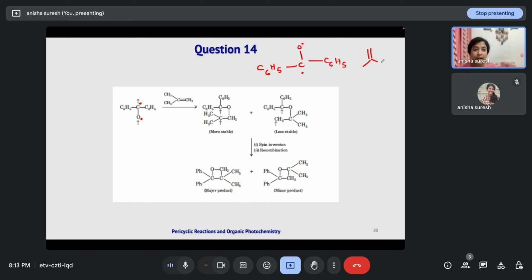So it can react either in this fashion, leading to formation of this radical, or it can recombine in this fashion, leading to formation of